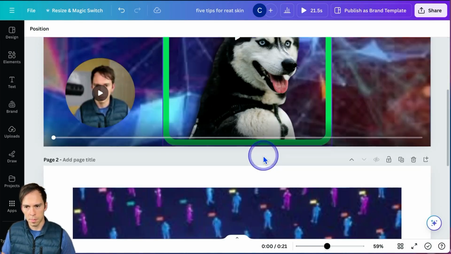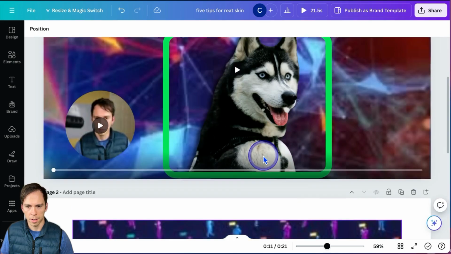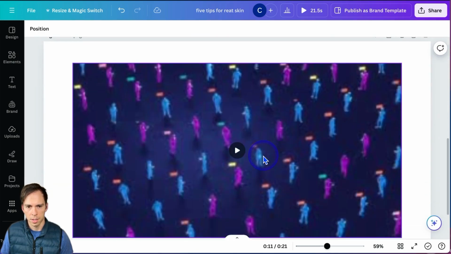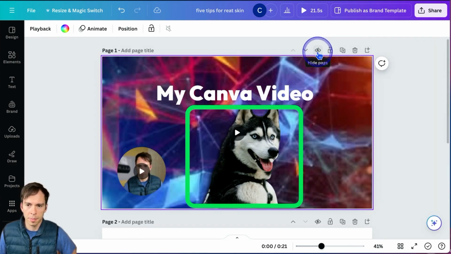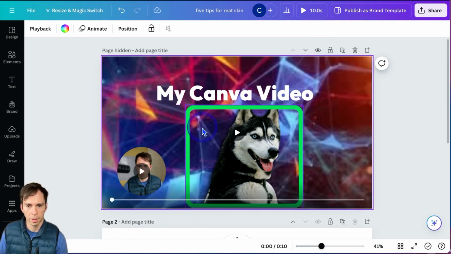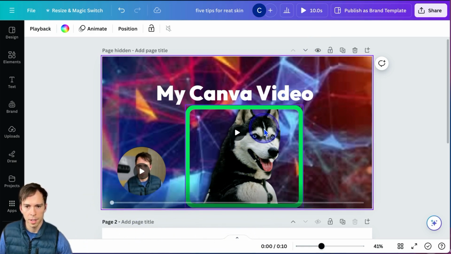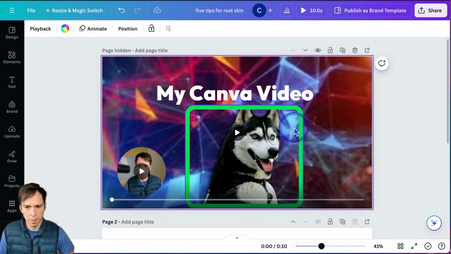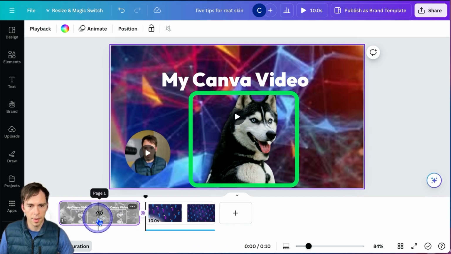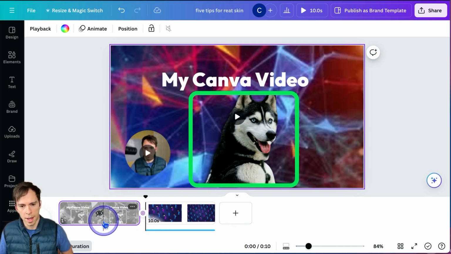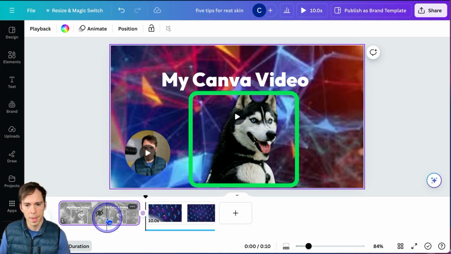And you can scroll between pages by simply scrolling down using your mouse. You can see this is page 2, this is page 1. And you can hide layers by clicking on this little eyeball right there. So that'll hide a layer so that it won't play in your actual video. It'll just skip over this particular page. And then back to the page view. So you can see that now that that's been hidden, it's grayed out and it's got the eyeball with the line through it. And it's going to start on page 2 because this one's been hidden.